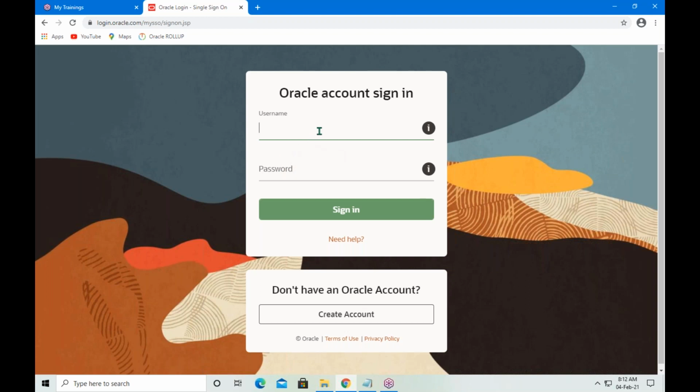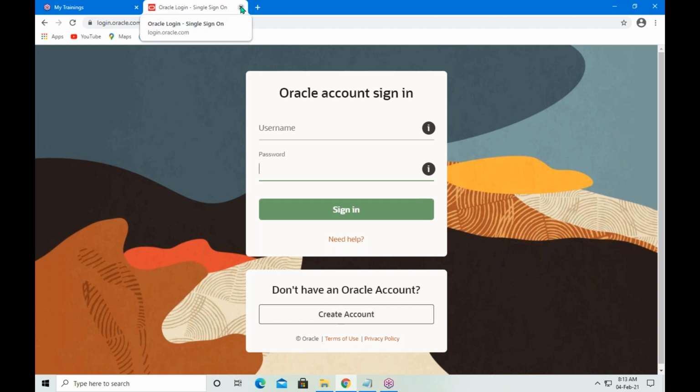So if you already have account, then sign in by submitting username and password. If you don't have account, then use create account. Then automatically the download process will begin.